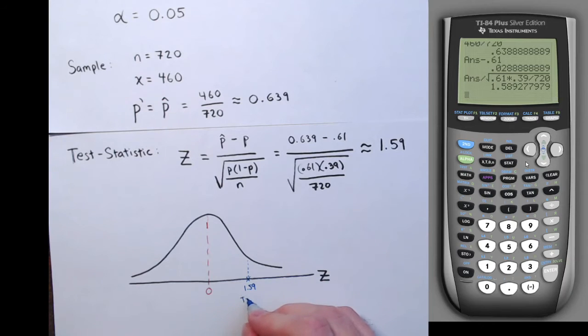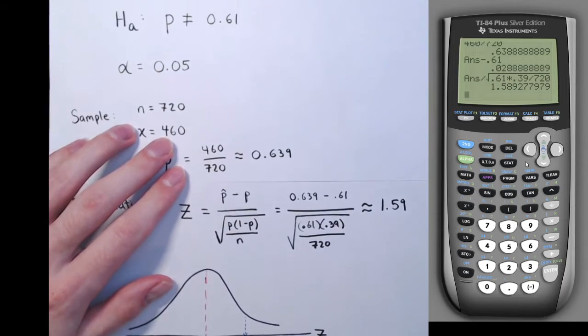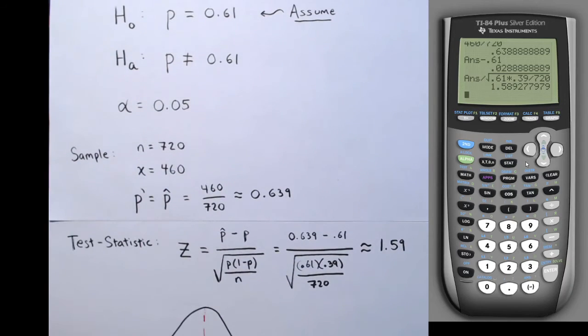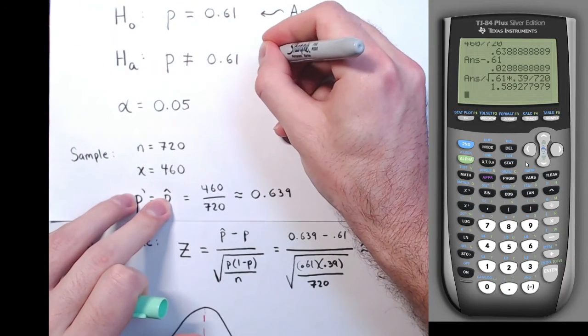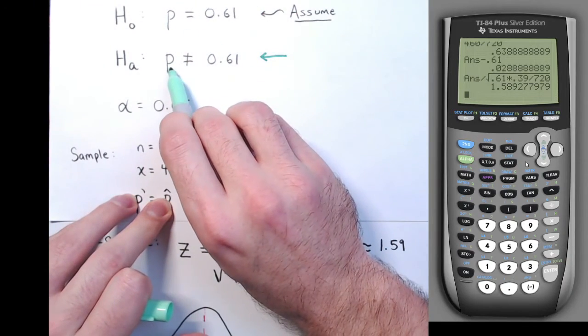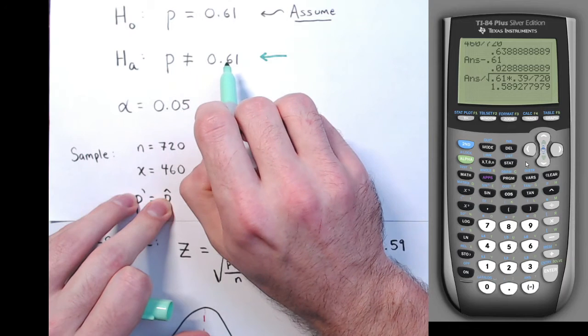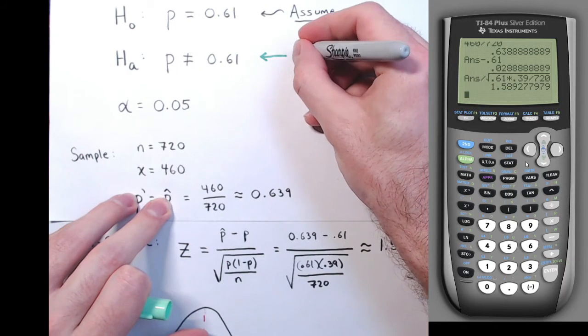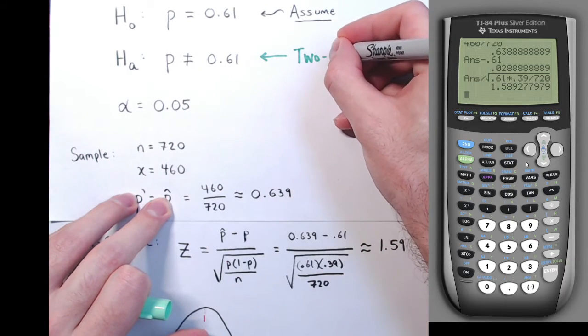This is our test statistic. Now what we're asked for is the p-value. What's the p-value of this test statistic? Now, we have to know what kind of a test it is, and I should have mentioned this earlier, but let's go back and look at the alternative hypothesis. The alternative hypothesis is that a parameter is not equal to some value. So what we have here is a two-tailed test,